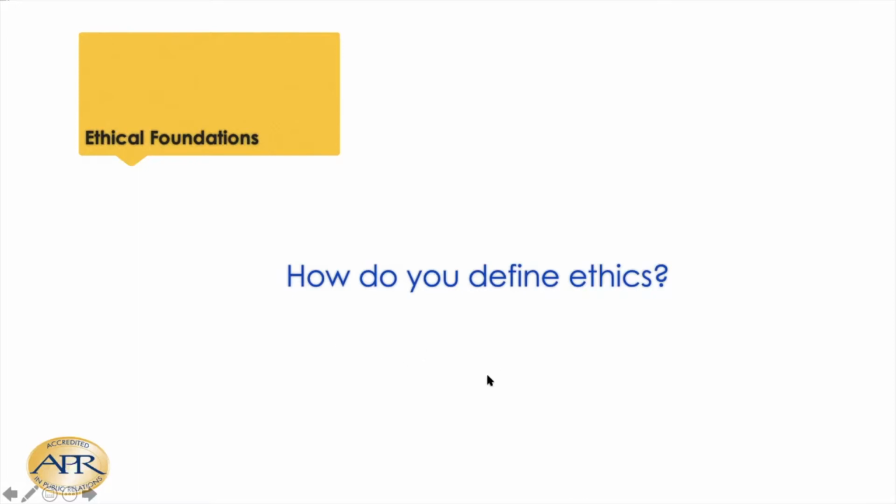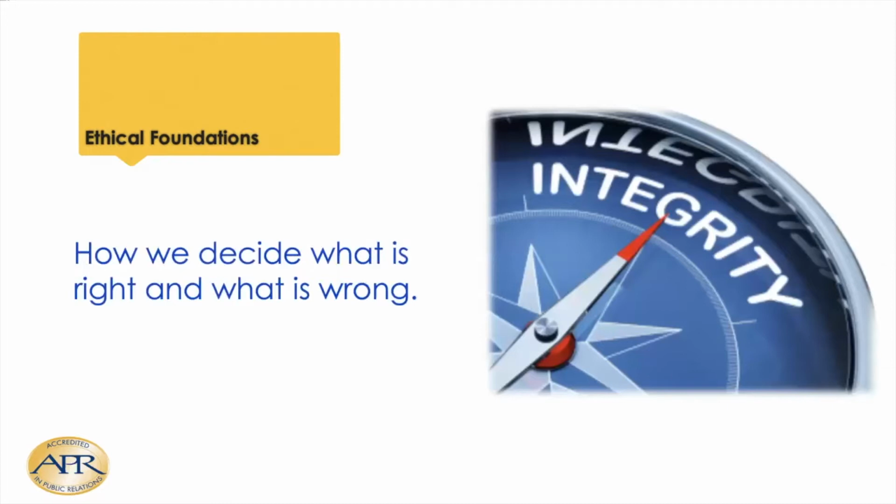If you ask people that question, you will get a myriad of responses to defining ethics. For most people, though, ethics is basically how we decide what is right and wrong. All of you that responded captured that in some way, shape, or form. It's a decision-making process that is often based on our values, which are established from the time we're very young. That's how we all have a specific process to determine what's right and what's wrong, and how we're going to act as a result. So it's our moral compass, to help us do what is right and what is wrong.